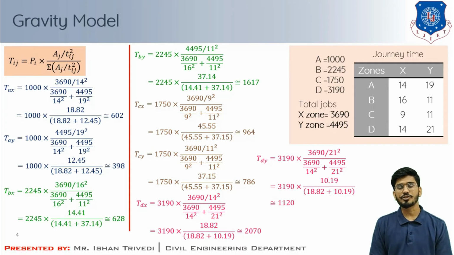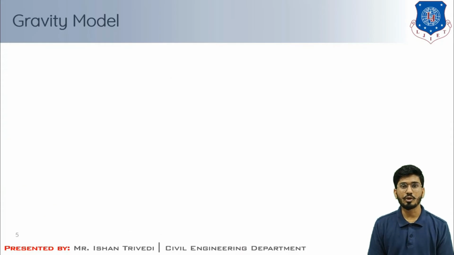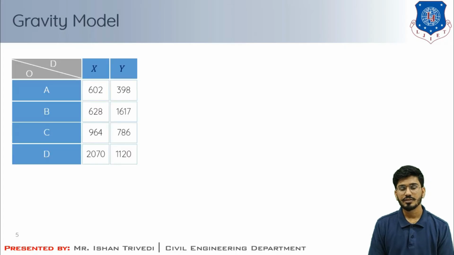If I form a matrix between these A zone to X and A zone to Y, then I'll get the total production. And if I make a summation of all these X zone and Y zone attractions, I'll get the suitable values which I'm looking for. So as I computed these values, I'll just put them in the equation. The total number of production and attraction I just computed, I'll put those values in a matrix, so I'll get the total number of origin and destination trips between X and Y industry.